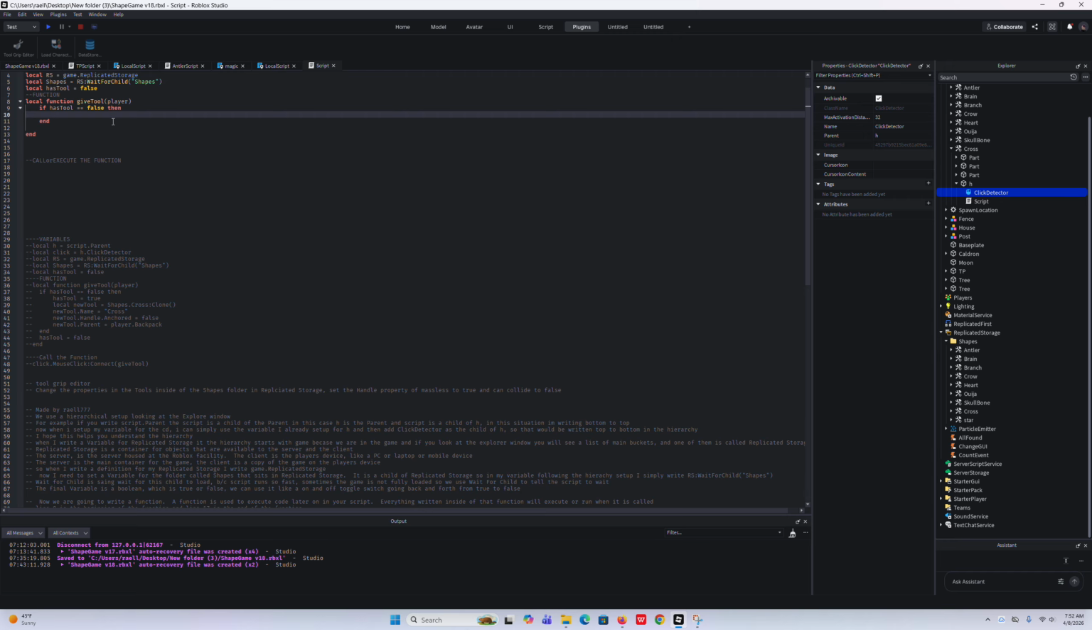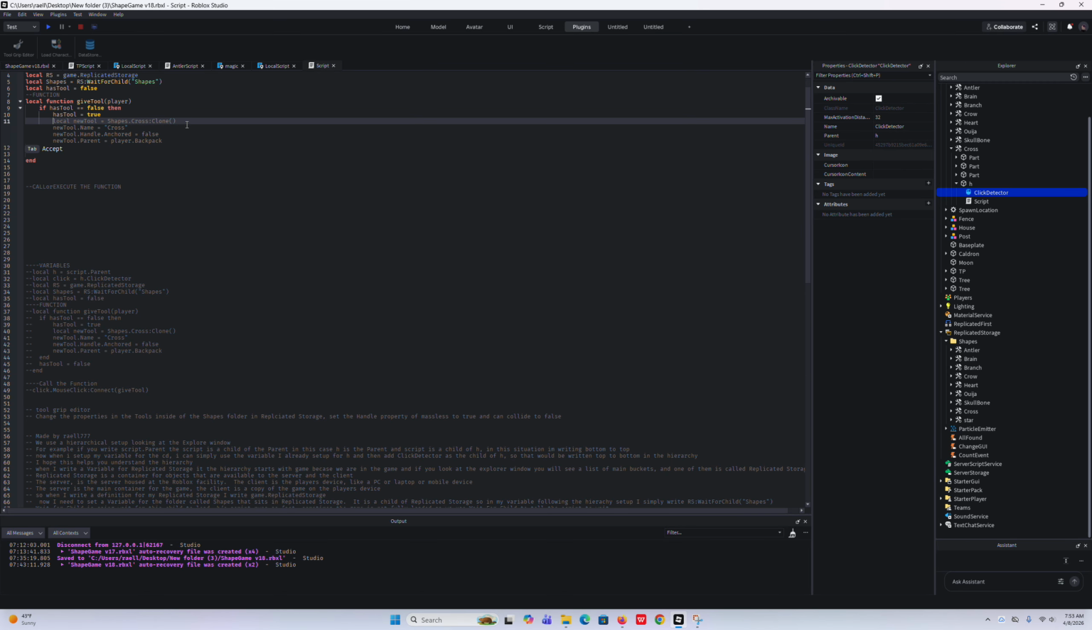Now, as soon as I start the if statement, I want to immediately change has tool to true. I'm going to flip that Boolean. I'm going to flip the switch to true. Because inside of this if statement, we are going to clone that tool. So now the player will have it. Okay. So I'm going to set a variable to clone the tool. So I'm going to call it local new tool